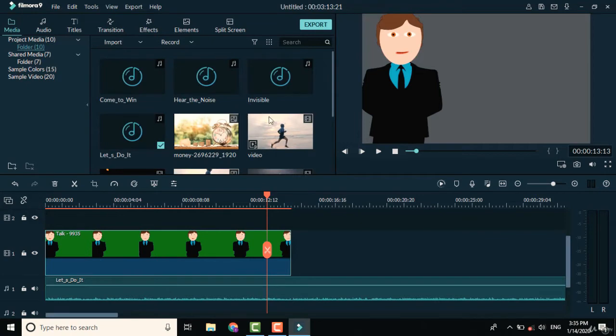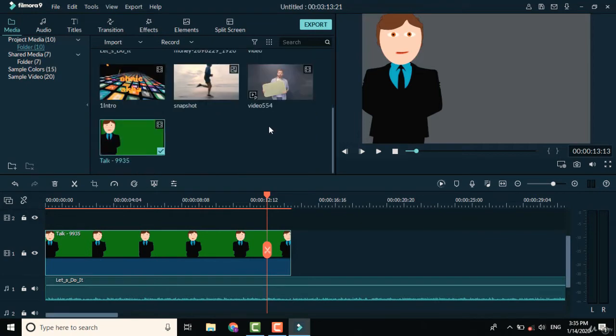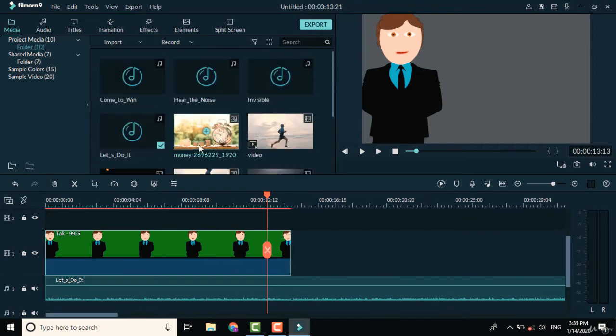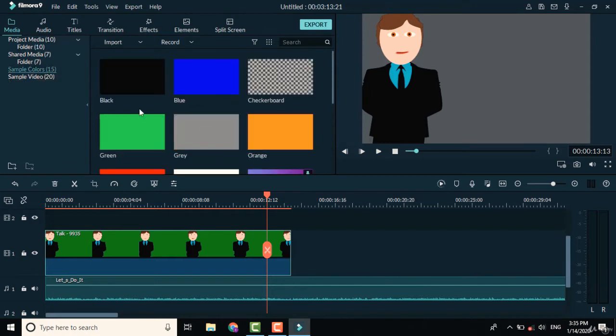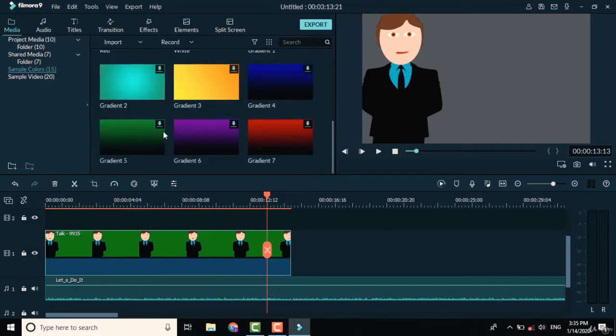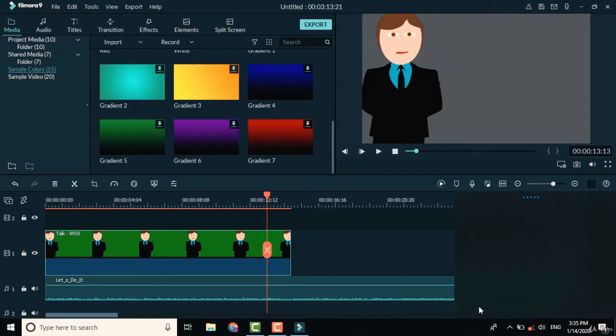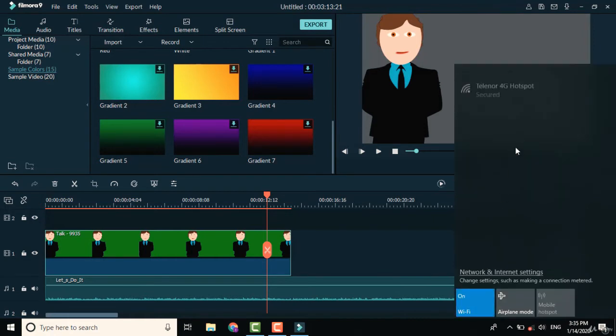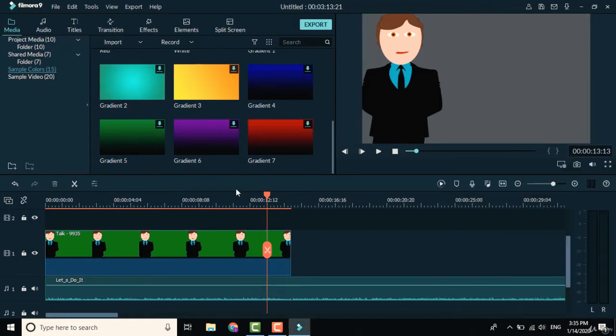You can use any picture in the background, or you can use any video in the background. Let's first use a color in the background. There are some colors to download. Let's connect to the internet and download some colors. Connected, and let's download this one,